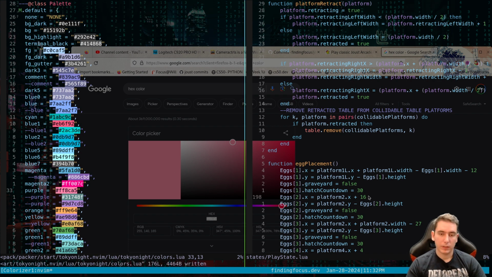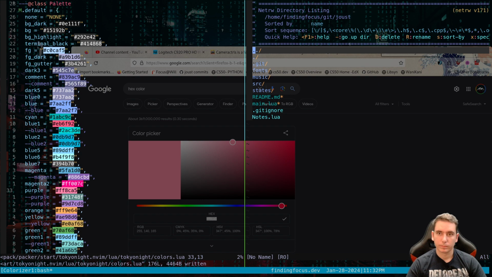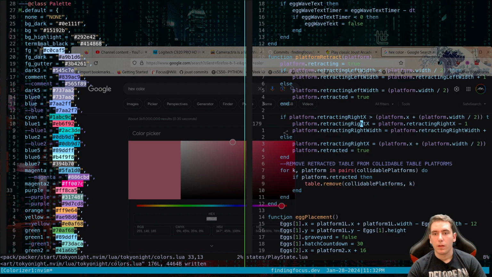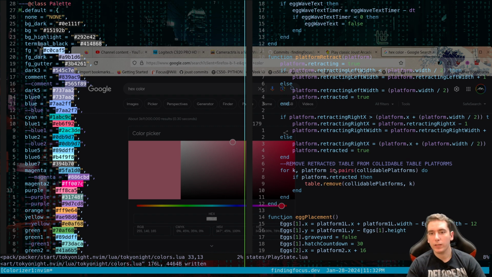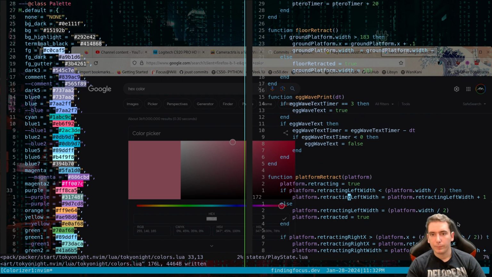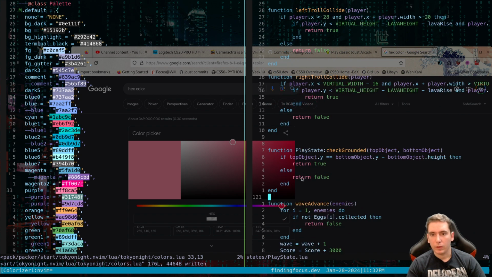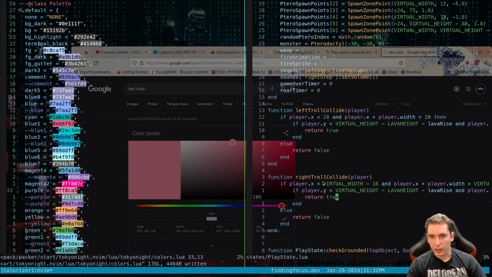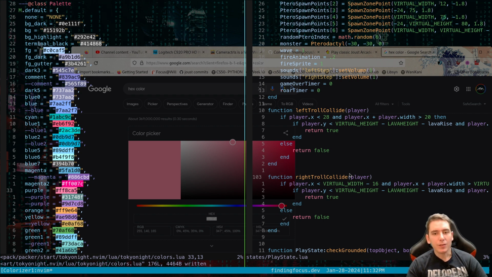Okay, now let's see what that looks like. Okay, so we can still read the difference between the pink and the red. And the return values are just brighter now, so I like that. Okay, so let's make our function color a little brighter and blue, and then we'll make our this color foam,